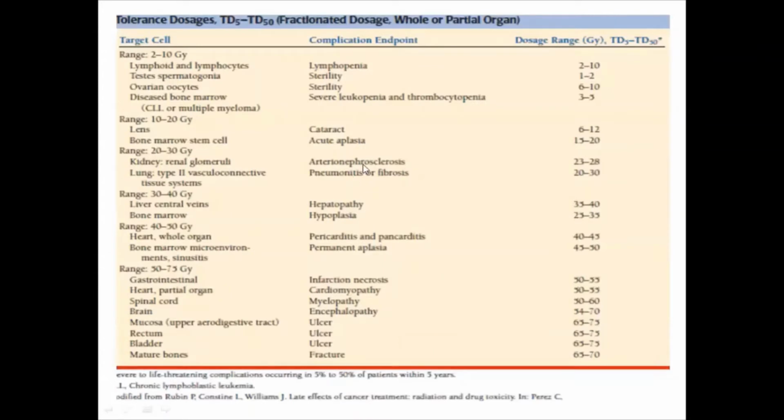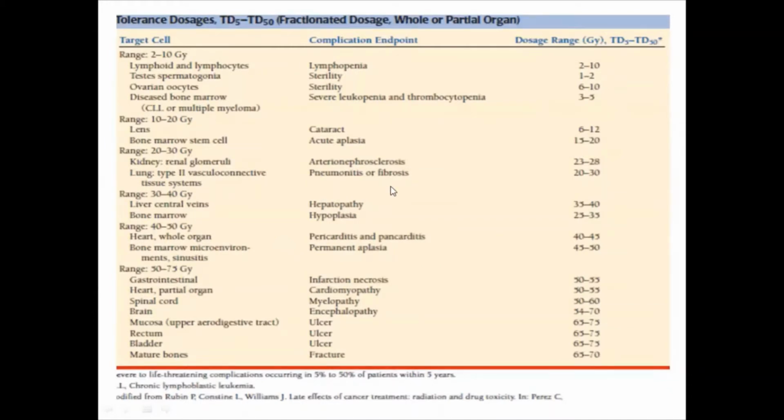So in this slide, we see various things. We see the range of tolerance doses, the complication endpoints, and the dose range. Here we see that lymphoid cells and lymphocytes have a dose range of around 2 to 10 gray, lens has a dose range of 6 to 12 gray, liver 35 to 40 gray, heart 40 to 45 gray, and here we see all the complication endpoints